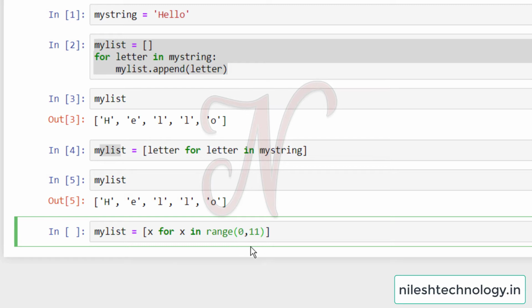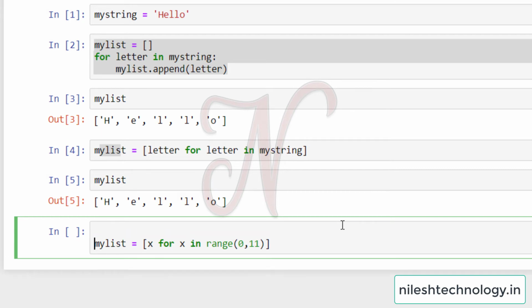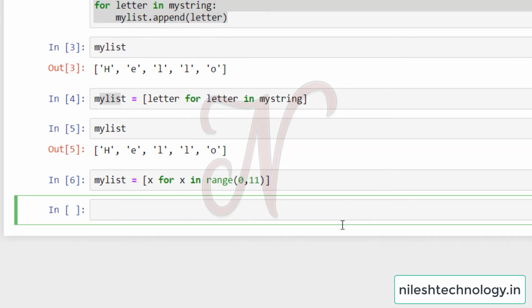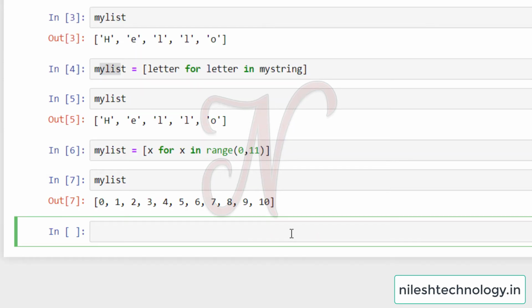All these numbers go one by one into this x variable, and the same number is returned and appended to my_list. See here, my list is 0 to 10.